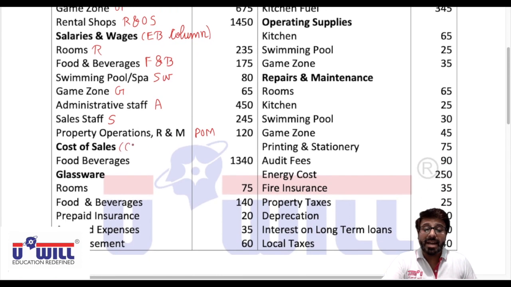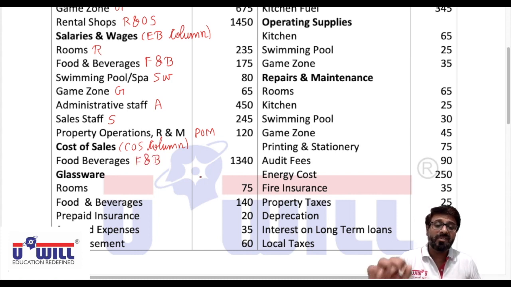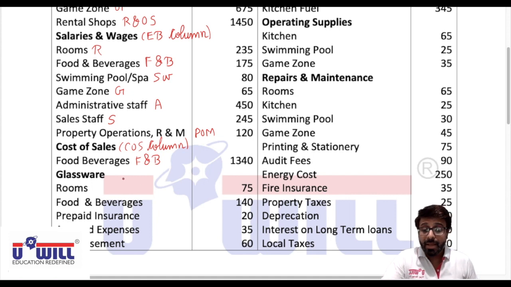Cost of sales will directly come in cost of sales column. And if you all remember, I have told you that only food and beverages is the department which has cost of sales. Other departments generally don't have any cost of sales. Now glassware is other expense. Glassware comes in the category of other expenses for which we will be making the notes. So glassware of rooms and food and beverages, F&B,